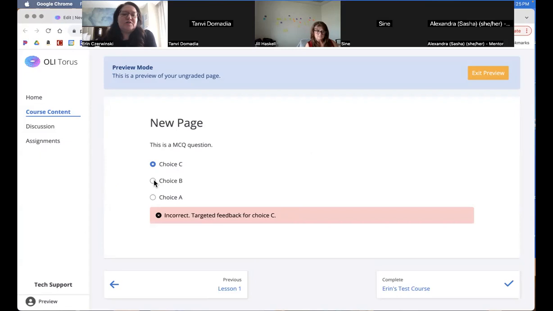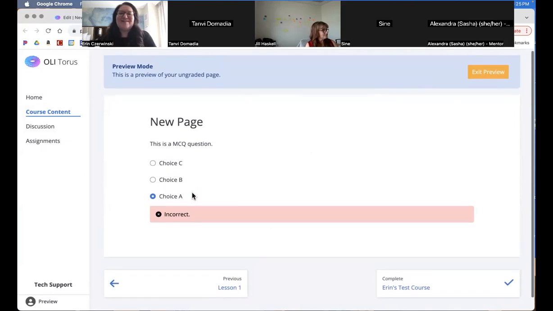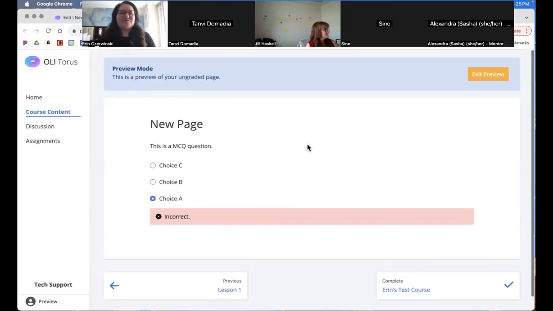But yeah, so targeted feedback for choice C. Targeted feedback for choice B. I did something, oh, because I had selected that as the correct answer in the targeted feedback. Okay, apologies for fumbling through this a little bit, but I think you saw there's lots of options, and definitely preview and make sure you did the thing you want to do.